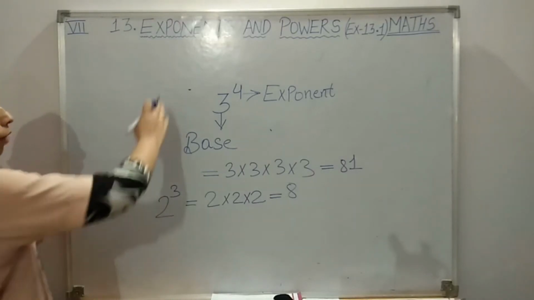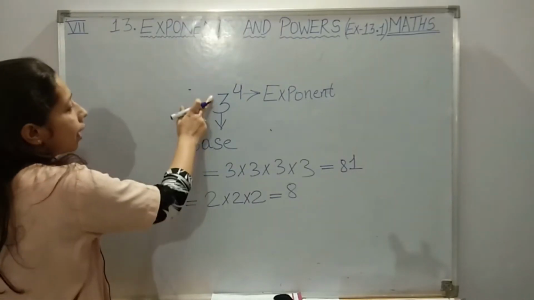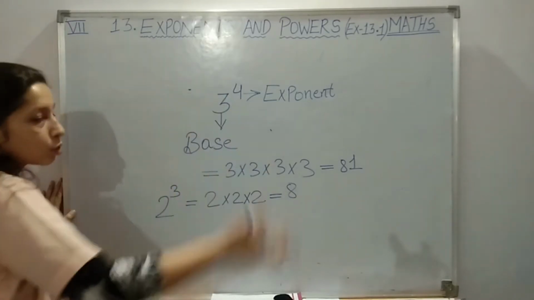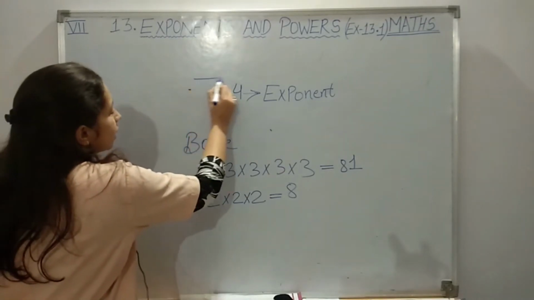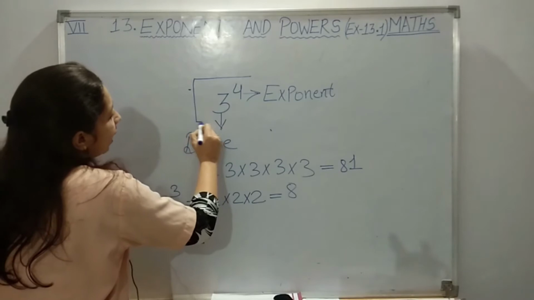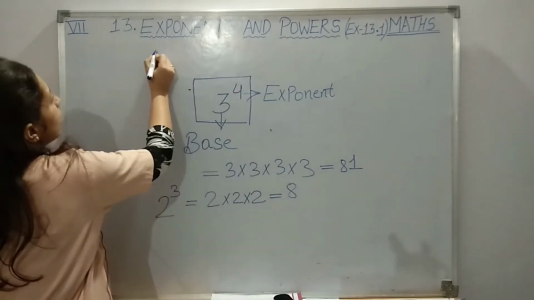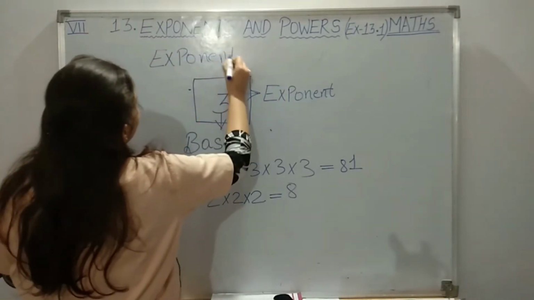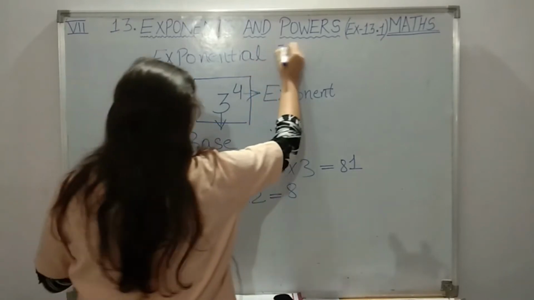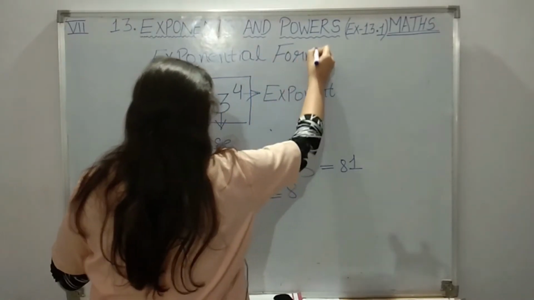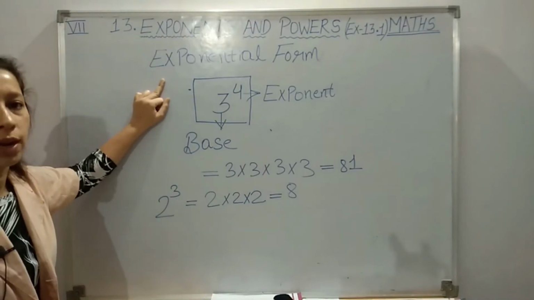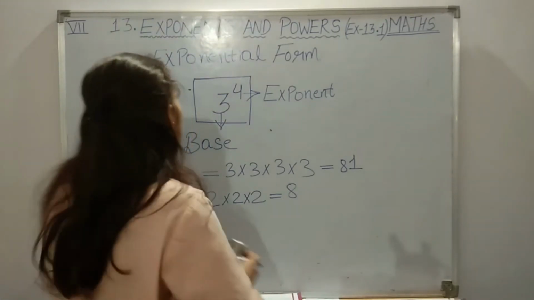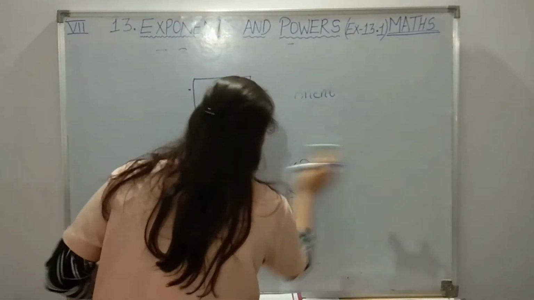Again I am explaining about exponent, students. Suppose this is the number written. The number which is written below is your base, and the number which is written at the top is known as power or exponent. The way of writing a number in such a form is known as the exponential form. Make this very clear, students. If you write a number in short form using base and exponent or power, such a way of writing the number is known as the exponential form. Clear students? Now this was about exponent and we have learned here the exponential form.